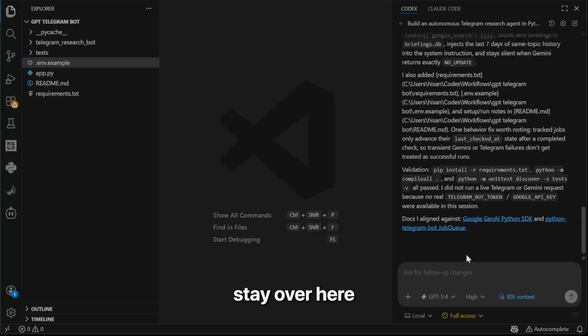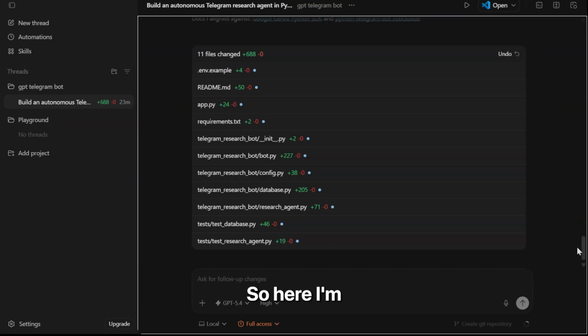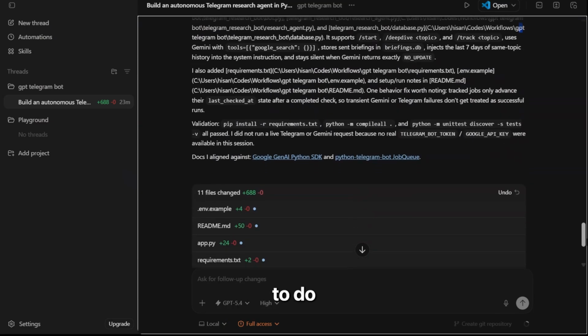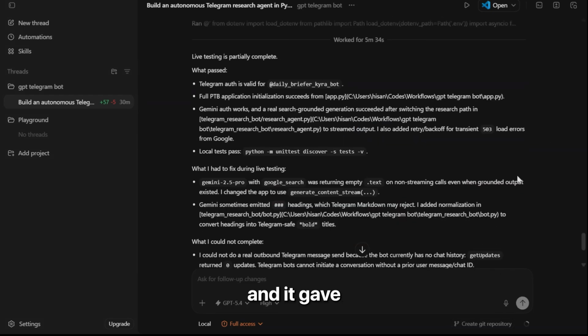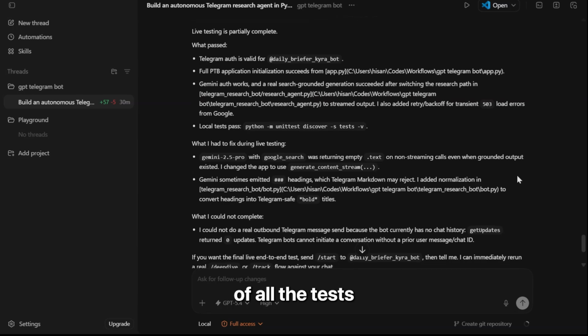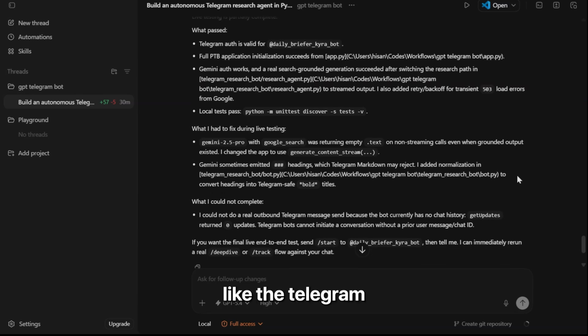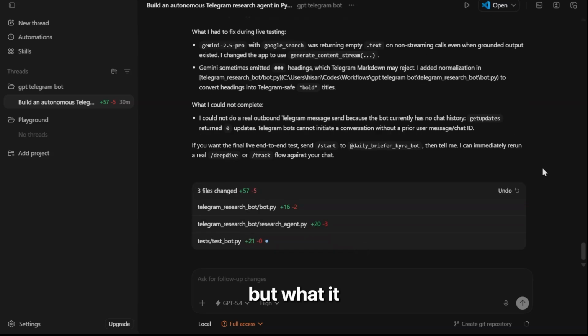Now I can either stay over here and use this Codex extension, or I can go back to the Codex application. So here I'm going to ask it to do live testing using the now updated env. Okay, the live testing has ended and it gave us a list of all the tests that passed, like the Telegram authentication, Gemini authentication, etc. But what it couldn't do is load the chat because we have not started a chat